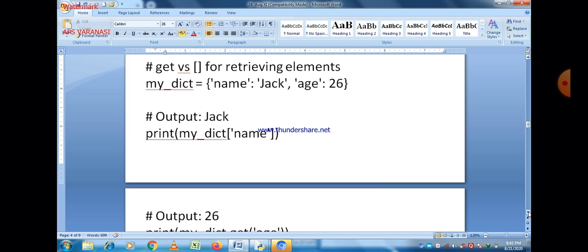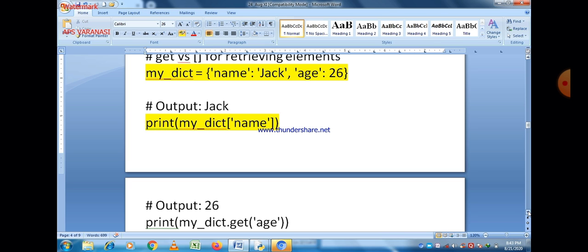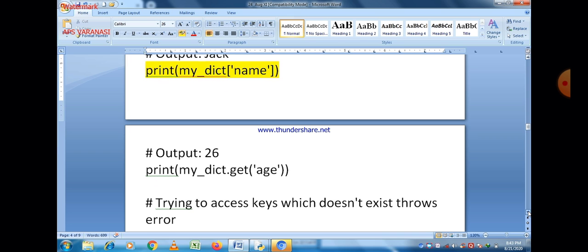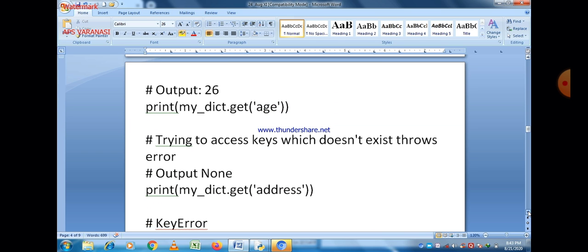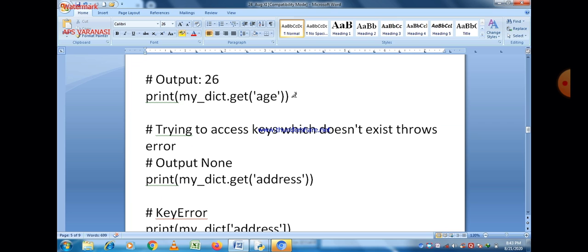So this is a small program which shows the functionality of a square bracket and the get method. First of all, there is a creation of a dictionary, and you can easily see that my_dict is the name of the dictionary, which contains two keys, name and age, and the values are Jack and 26 regarding the keys name and age. After that, if we want to find out the value against the key name, then we just write my_dict, which is the name of the dictionary, and within the square bracket just write the key name.